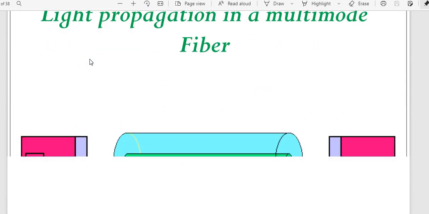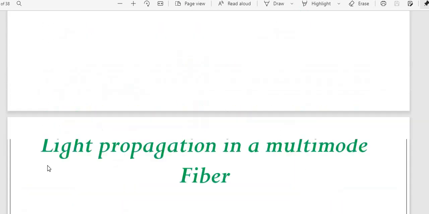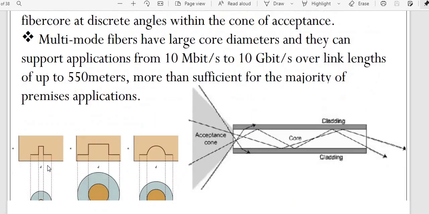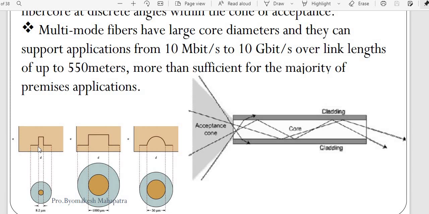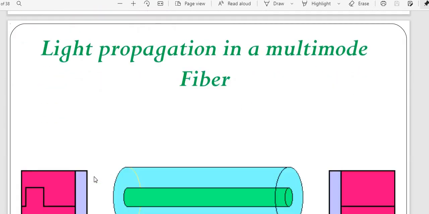Clear? So next is light propagation in multi-mode fiber. Just a diagram, I want to show over here how it is going to work. See here, this is a cylindrical system. Inside, what we have is a core. When the light is propagating, this is the specimen they are showing. When the core is less, the information will be passed in a very steep way. When core diameter is increasing, the information can be huge, but it's only for short distance